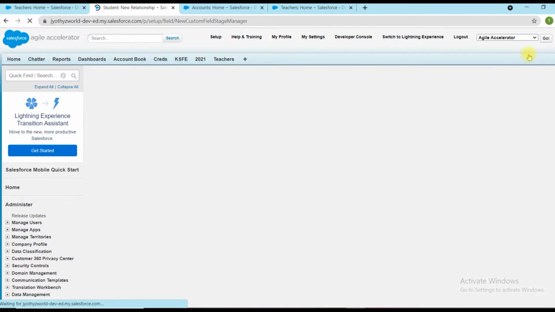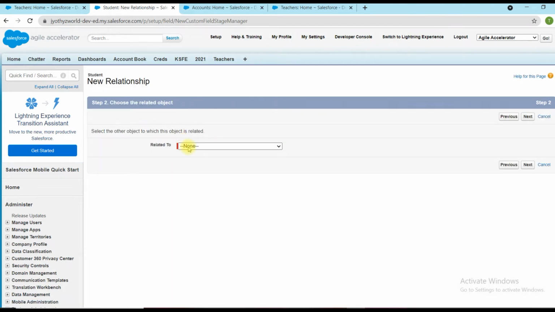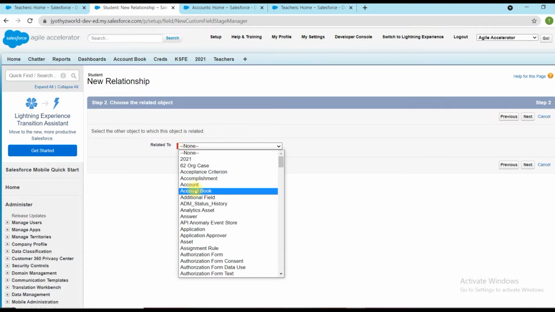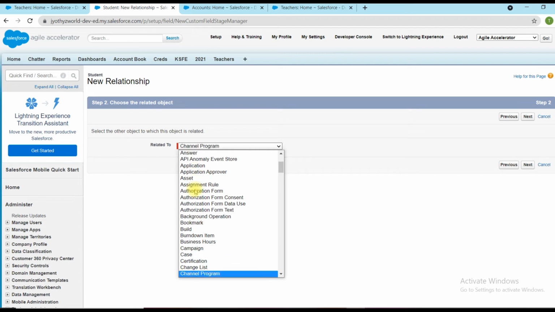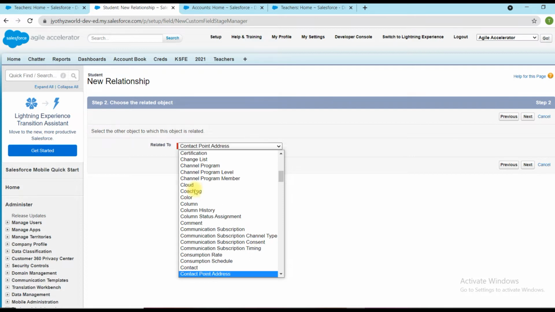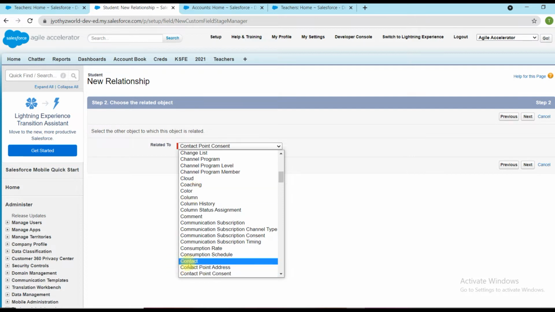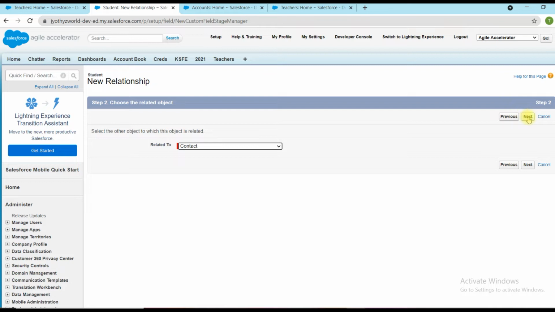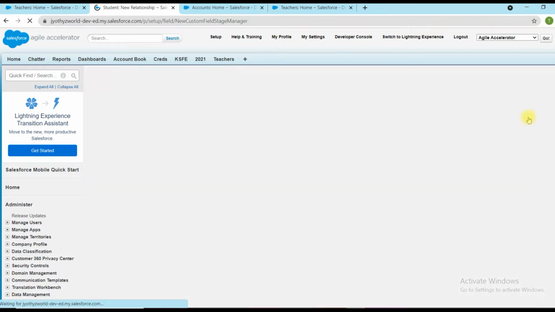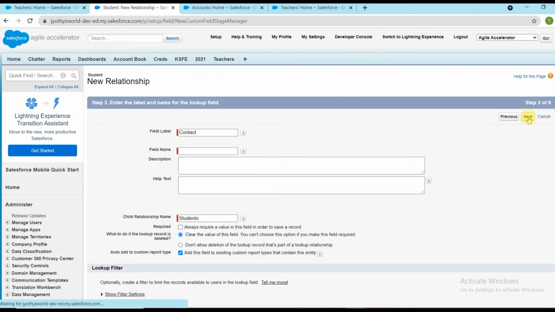So I am creating a lookup relationship to contact. Click on the next button. Contact, plural name, field name Guardian, field label Guardian.